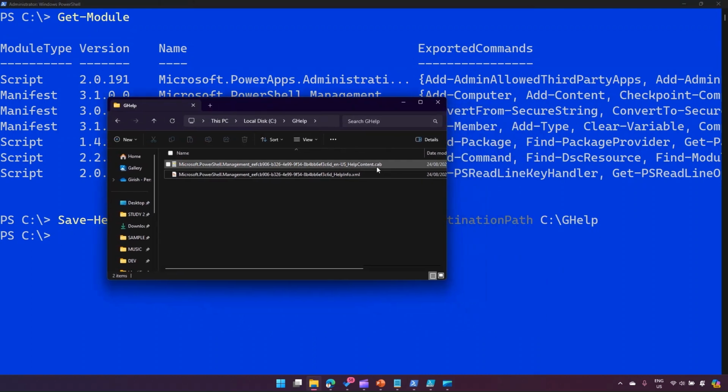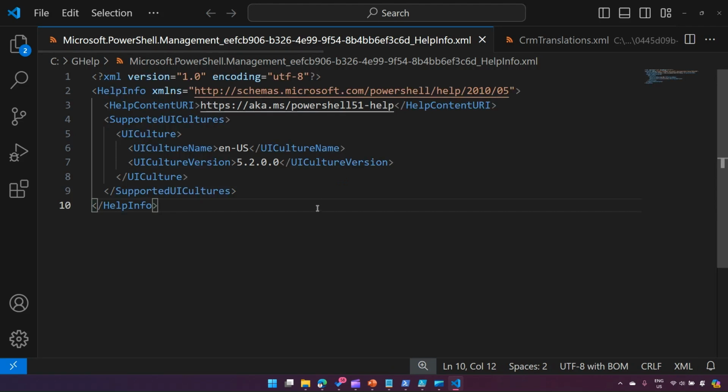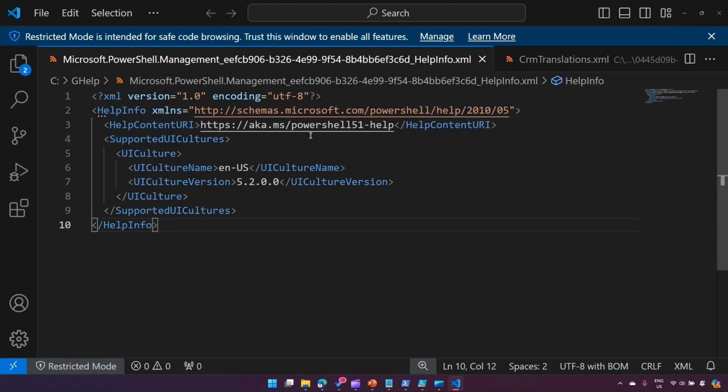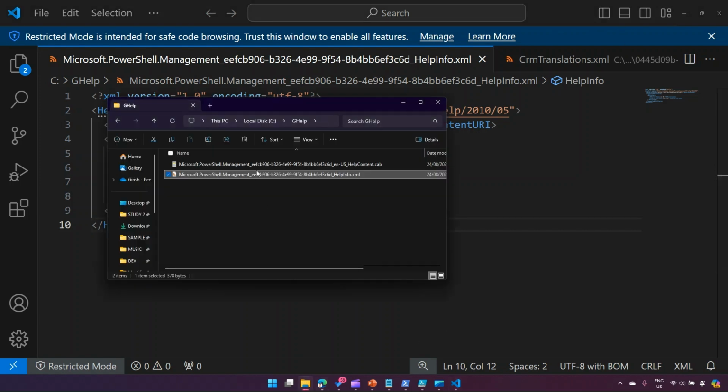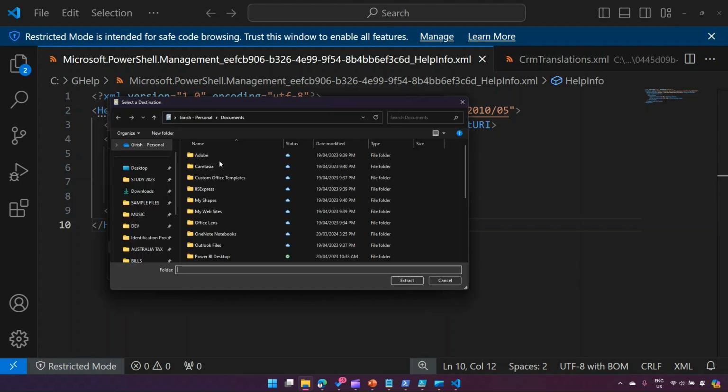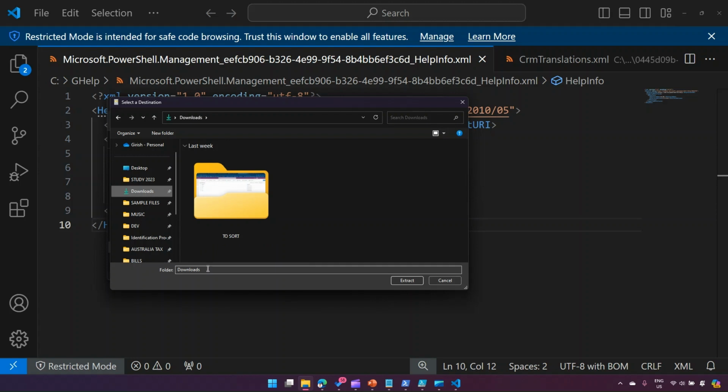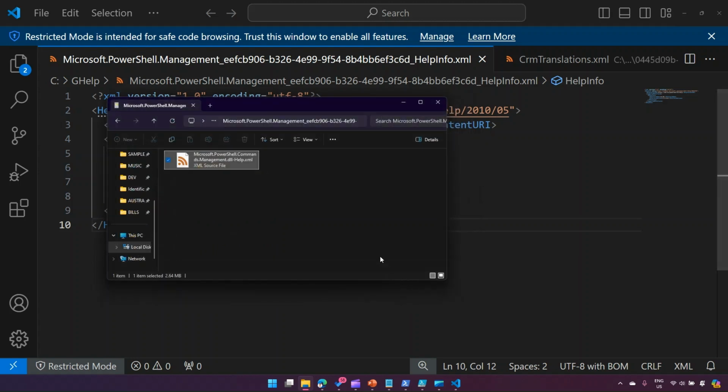Now it will save the help in two formats, a cabinet file and an XML file. If you open that XML file, it will have information about the PowerShell help module. It will give you the help content URI, and then you can navigate to that URI to get this information. If you open the cabinet file, it is asking me to save the XML file. I'll just save it in the download folder. And then if I go into that download folder,